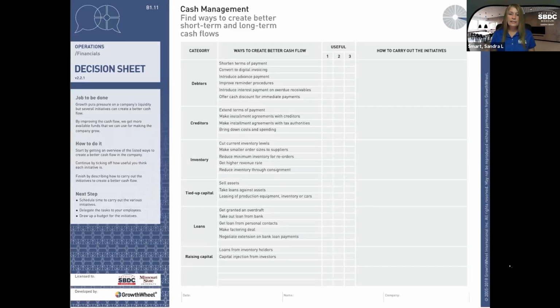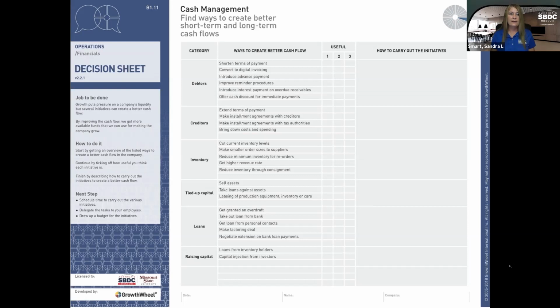Several different categories on here, different ways identified to create better cash flow. Some of them may be applicable to your business. Others may not be, depending upon how your business is set up, whether you're selling products or services. But definitely going through the decision sheet and looking at the ways that might be applicable to you, and then